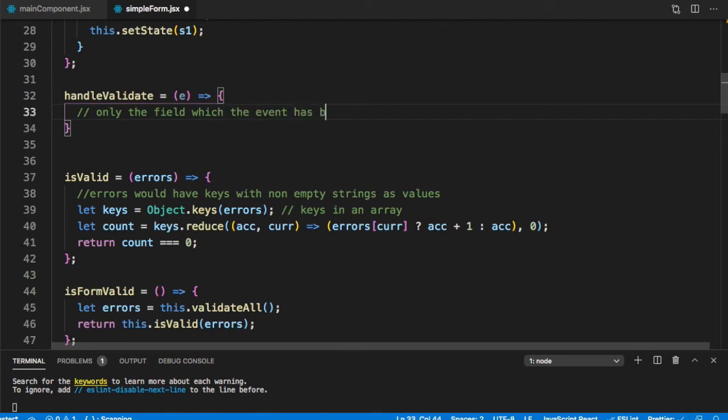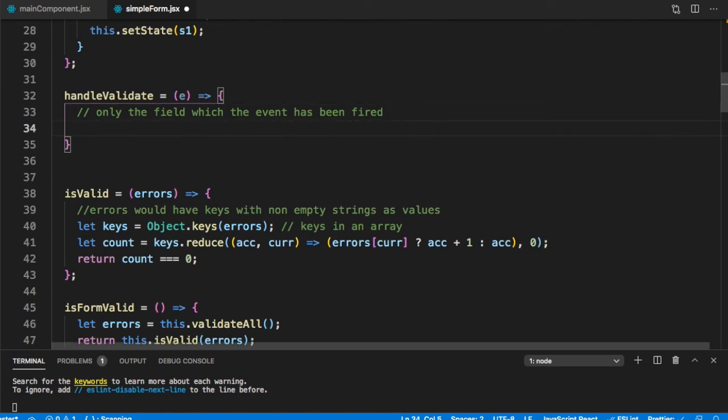Why is this important? Otherwise, the moment one field loses focus, we would validate all those fields and error messages would come down below every field, although the user has still not filled them. So the objective is that when the user has filled a field, we want to prompt that user on that field or on the fields that the user has entered to some extent. So how do we do that?